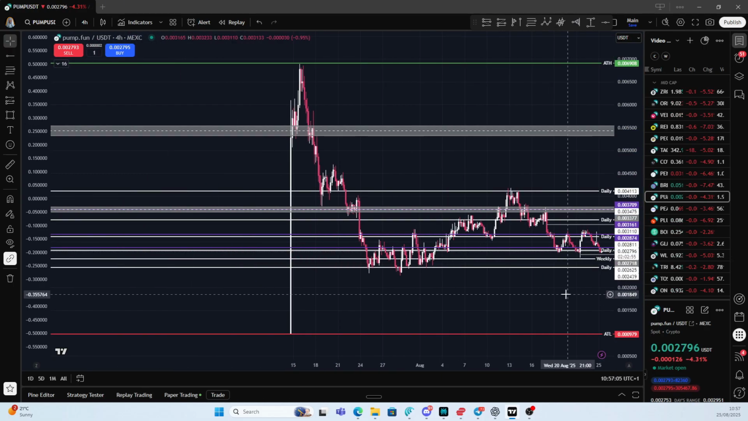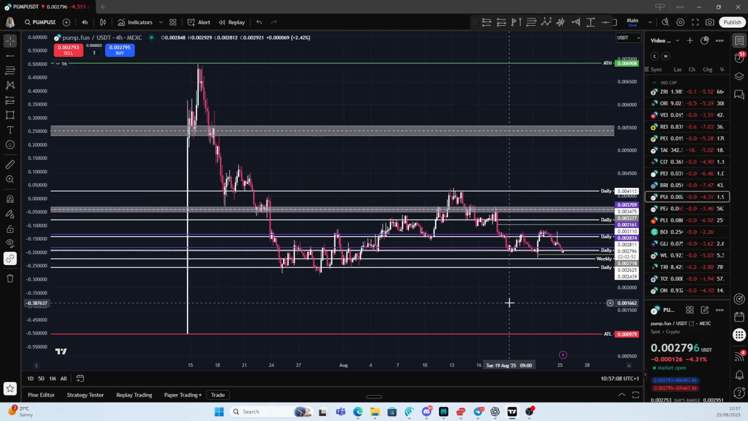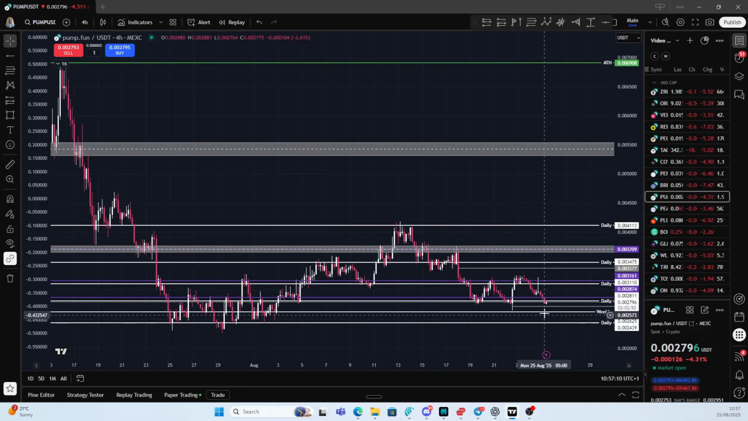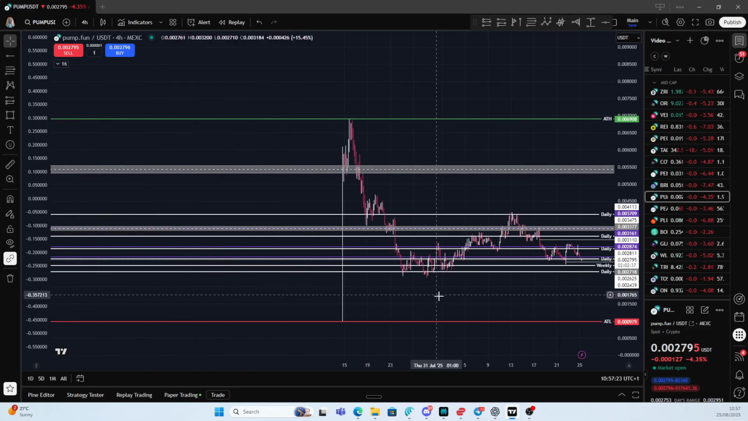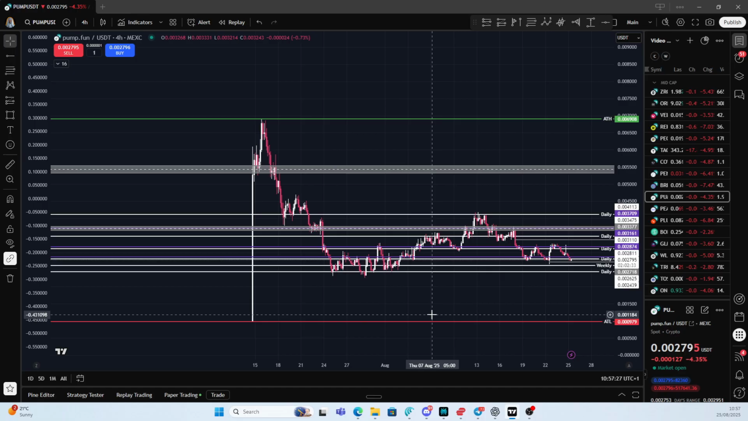If you zoom out, where I'd potentially get worried on this is if we come down to retest this weekly level, we don't hold it, and we begin flirting with this daily level. I think this daily level for me would be where I'd get a little bit worried, because I think if you lose that daily level there, then you're looking at retracing even more of this pump. However,